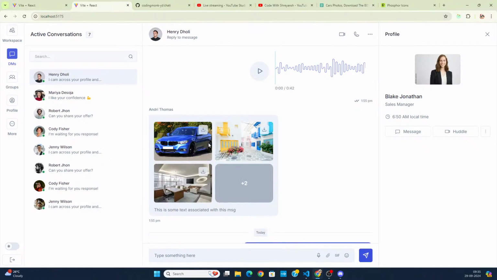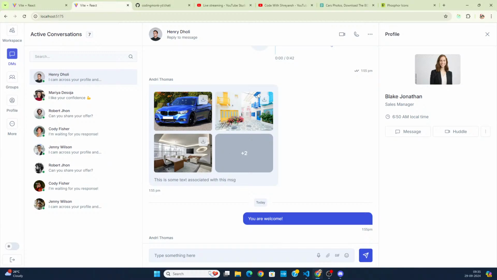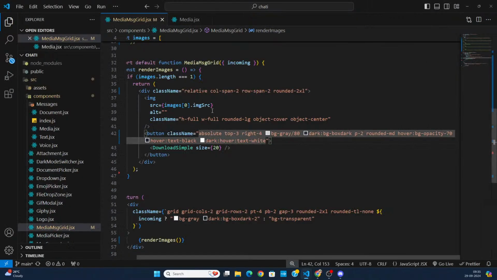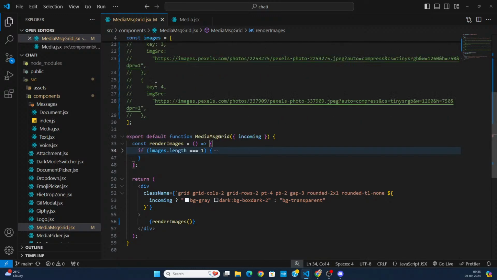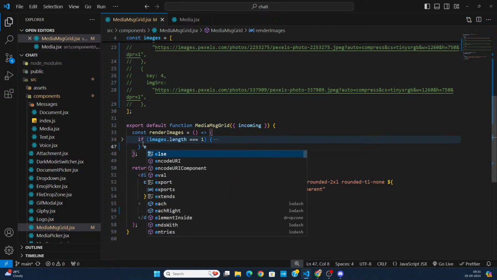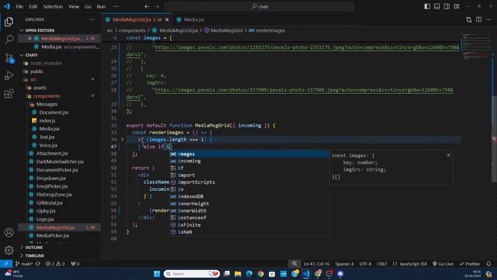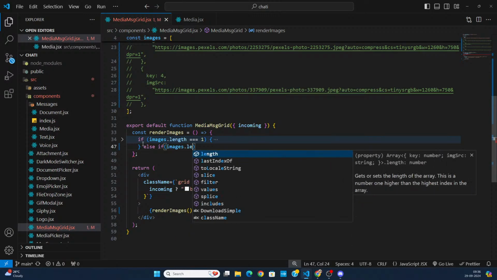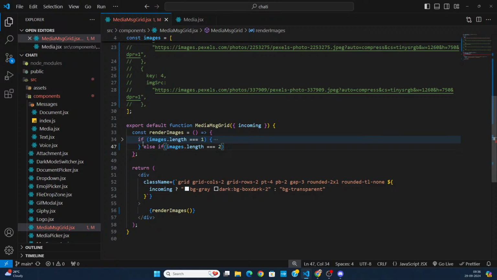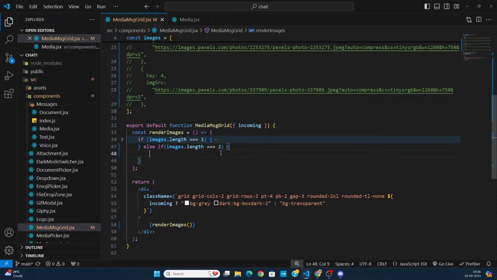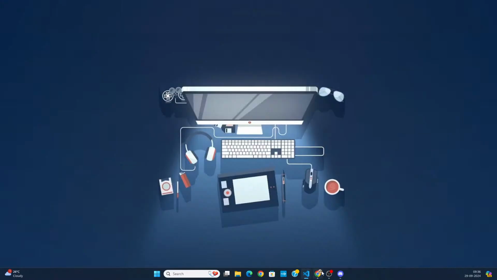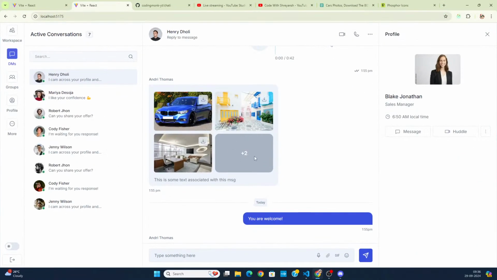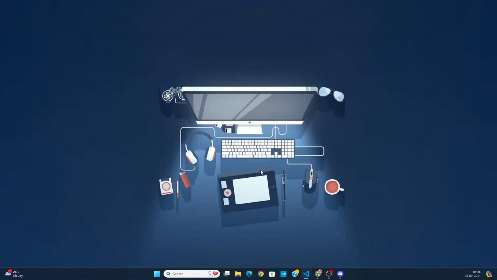Okay, so the next step is to focus on rendering the other grid items. So what I mean is we are going to now create our second and third grid item. Okay, so let's focus on the second case. Here we have created the first case in which we have the images array length equal to 1. Now I'm going to add an else if case after this one. So let me write else if, okay, images.length. The condition is going to be simple. We are just going to check if it is 2. So we are going to repeat the same pattern till images length is equal to 3. After images length exceeds 3, we are going to just show the additional number of media assets that we have got inside a box like this. Okay. So this is our second case,